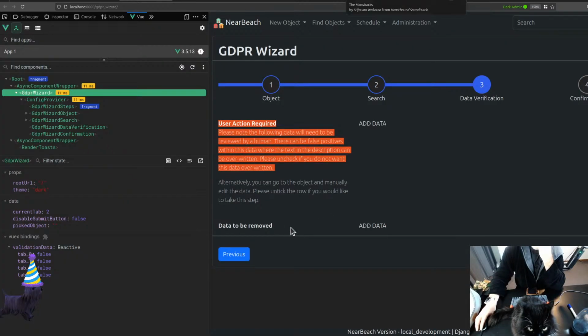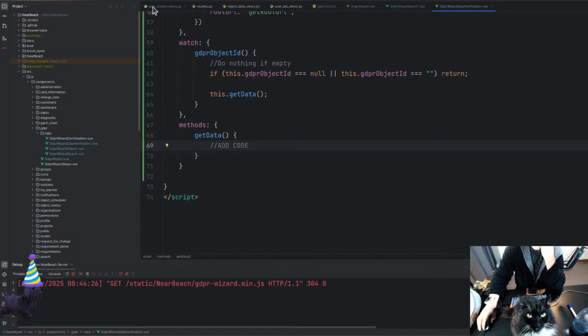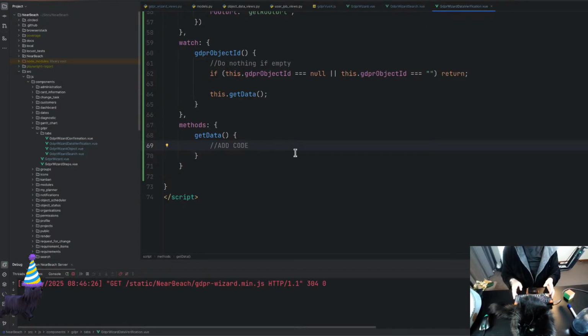is the data to be removed. So this is just telling the user, hey, this data is getting removed. So we'll send that to items, user action required, and data to be removed. So going in here, let's figure out a URL that we want to hit. So first things first,